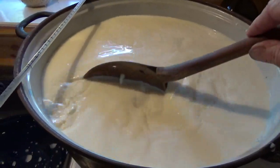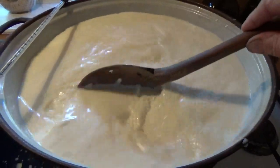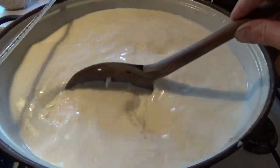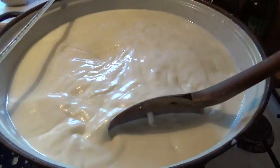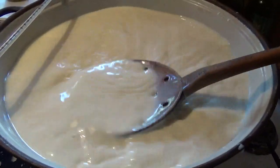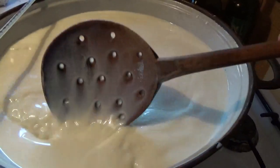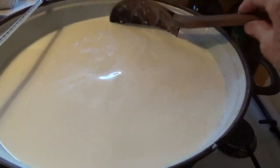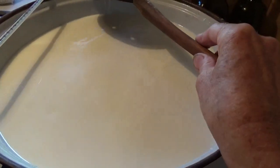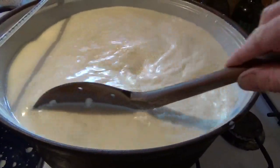And see, this is raw milk, so I've just learned recently, I got a beautiful new cheese making book, The Art of Cheese Making, I think it's called. And he says that you really don't need to add any culture because you've got all the microorganisms in there from just the raw milk. And then some say you can add a little bit of mesophilic culture. But what he also taught me is that you can use kefir for all cheeses, because